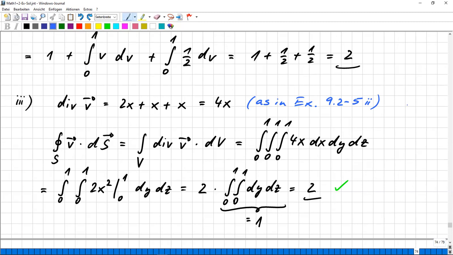The vector field is x squared, xy, xz. And if we take the partial derivative of the first component for x, we get 2x. The second for y, we get x. The third for z, we get x. So in the end, it's the sum of 2x plus x plus x, which gets us 4x. That's actually the local divergence as defined before of this vector field in any point in space, which by chance just depends on the x position. So summing this up over the whole volume of our cube,